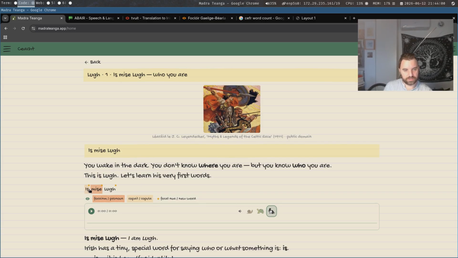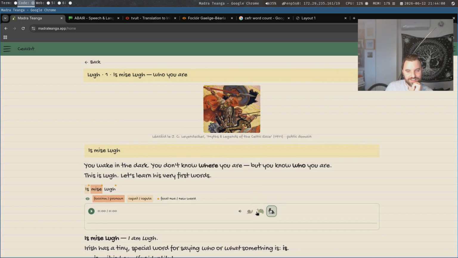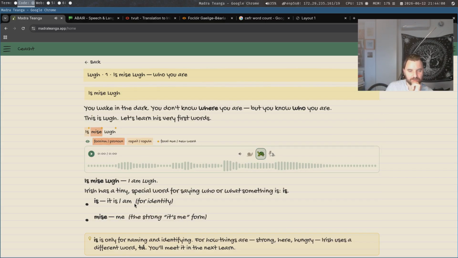So here you can see the feature I talked about. If the words are new to you, it shows up here with a little star, as in, I think I did come across these words before. This might need to be fixed as well. It tells you this is a pronoun, this is the copula, and you can click on this and see what that is. We can do a lot more with this. I will do a lot more with this in the future. And then you can have a little listen. This is Mise Lú. You can hear this. I am new.